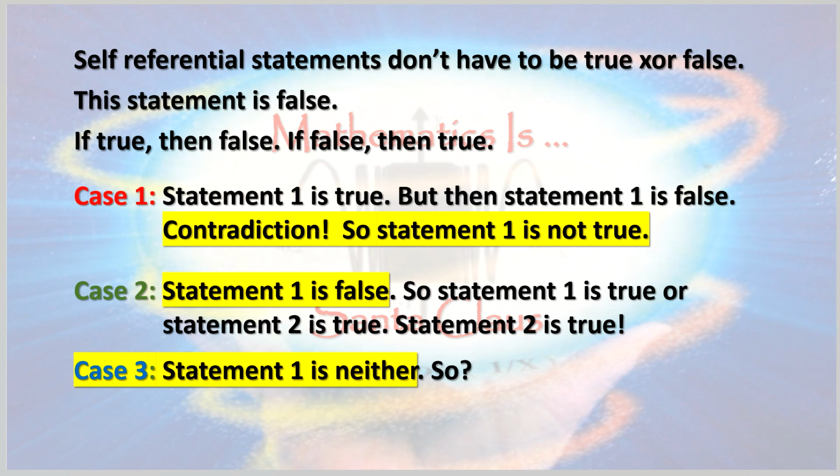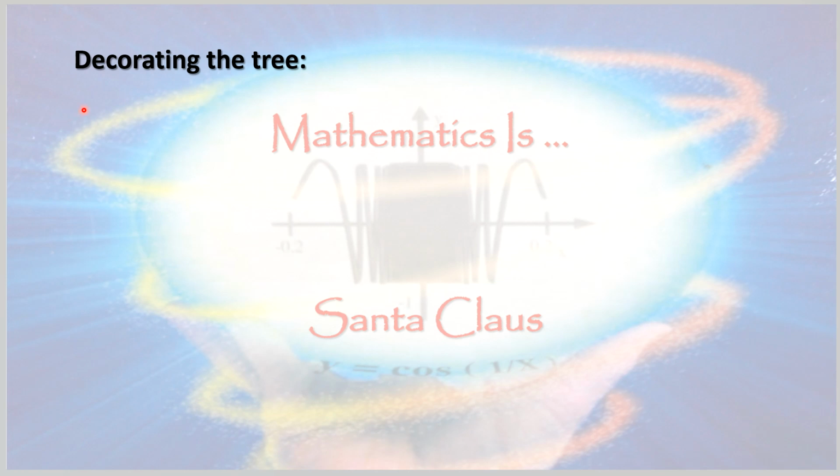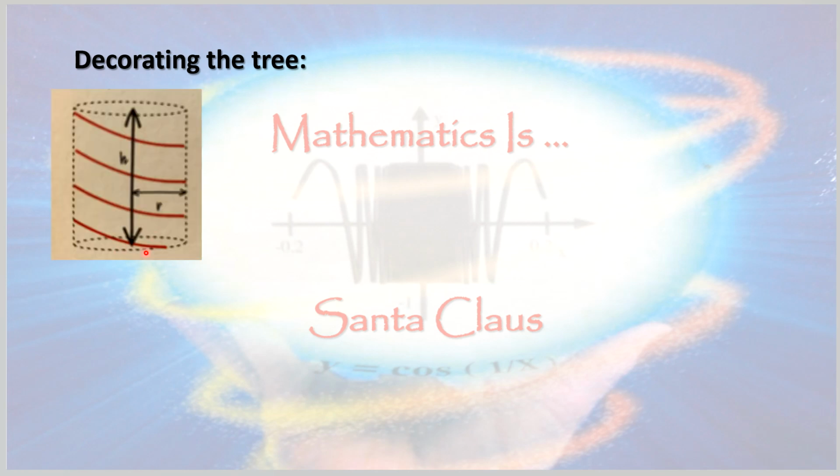There are some physics arguments, such as how Santa could handle all of those calories from the cookies and milk left out for him, a weighty issue. Here's a question about decorating the tree. If you want to wrap a garland around your 6-foot-tall tree, making 4 complete revolutions, how long does the garland need to be? It turns out to be an easy problem if your tree is a cylinder, say of radius